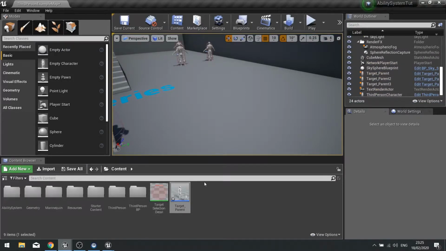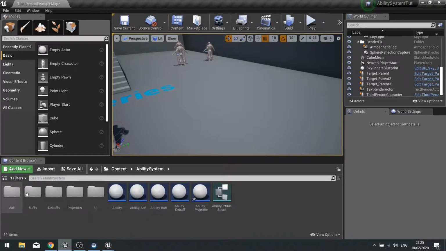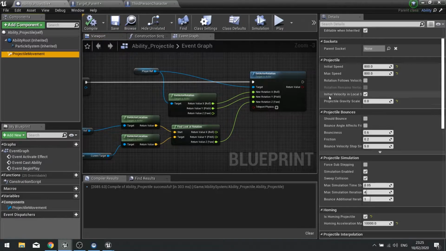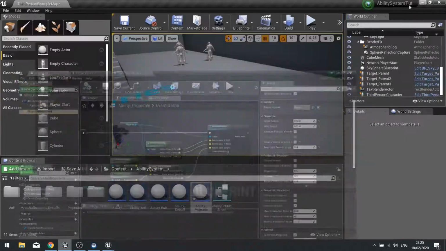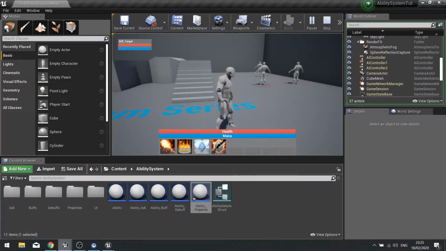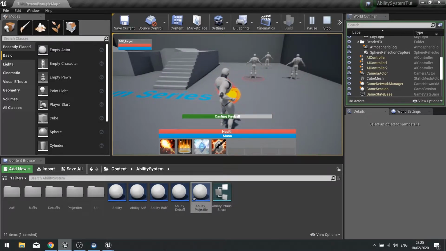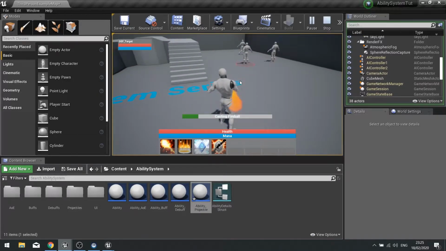You can either increase the homing value, or you can tell it in projectile movement to set initial velocity in local space to be false. And that'll tell it to use the absolute positioning rather than its own. So now if I face this way, you'll see it less egregious.